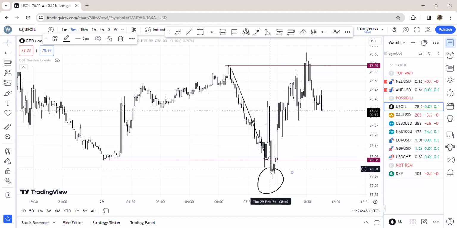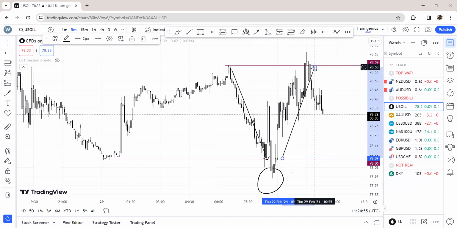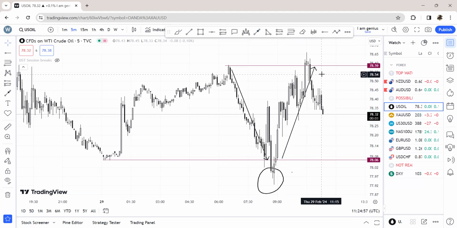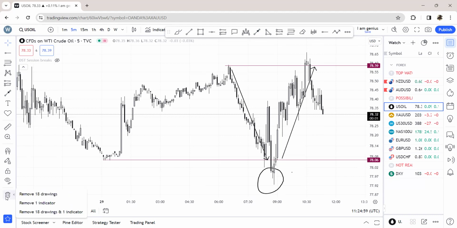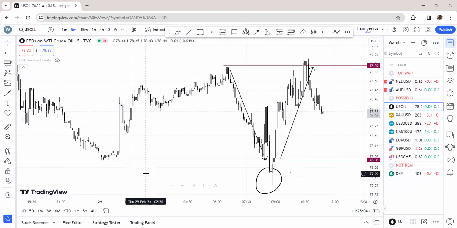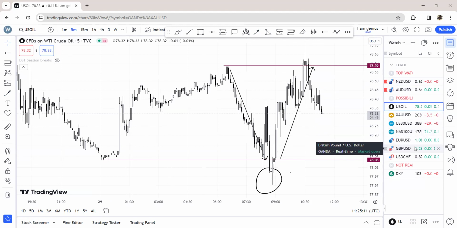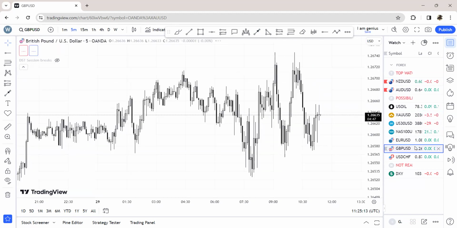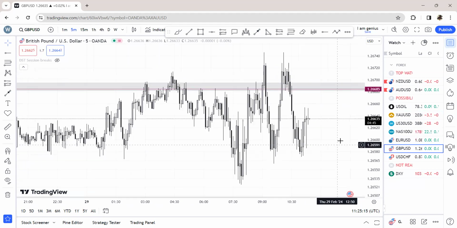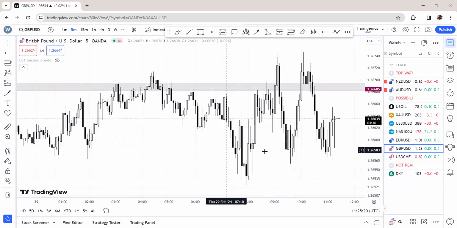So what do you do? You wait for confirmation to take this back up all the way to that level. Does that make sense? This can be done on any currency pair or commodities or whatever you're trading. Let's say we have USD or GBP USD. You have this. So what you want to look for